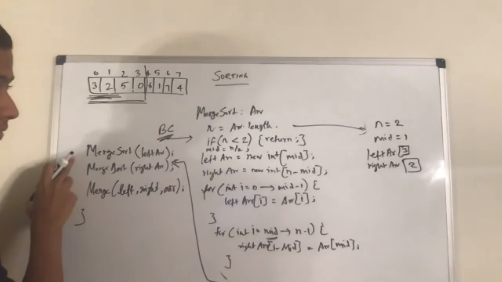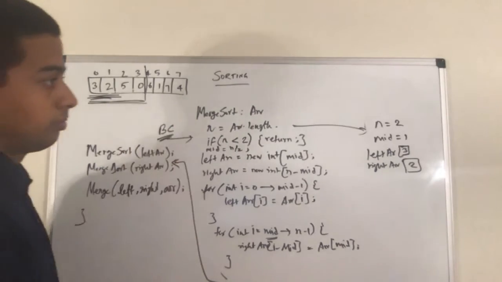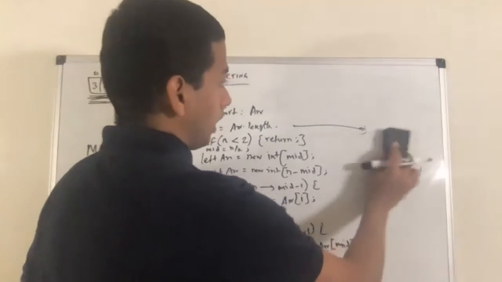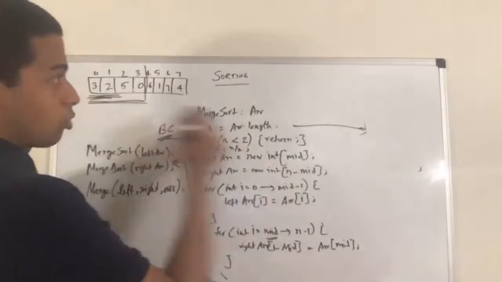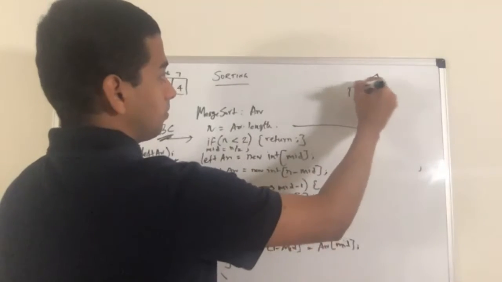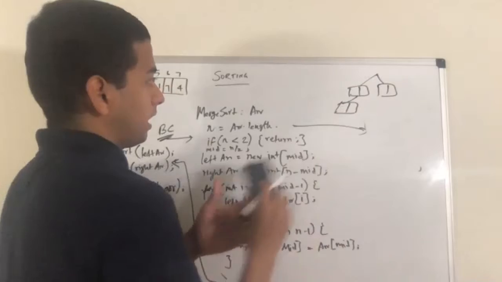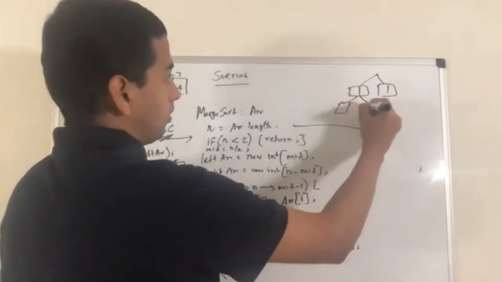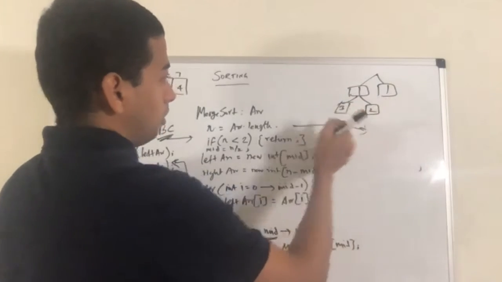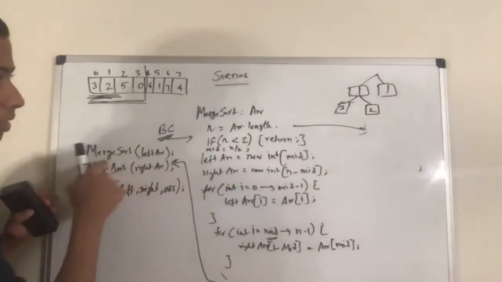Now again we have to call this block. Again merge sort of left array. Think about it. Now the left part has almost come like this. It was 2, then it came to 1, right? We are at the stage now, 3 and 2. Now merge sort of left array is called.